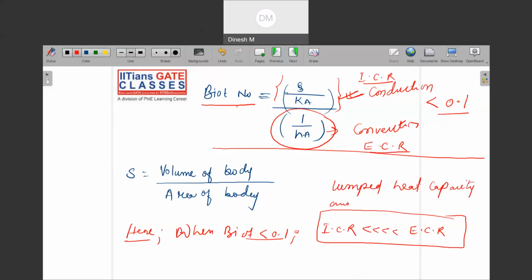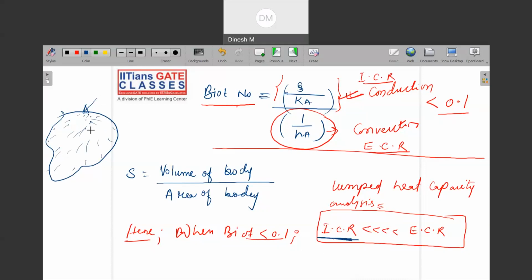And one more important part. What is that? That my conduction resistance is much low. If my body's conduction resistance is very low, then what will happen? Whatever heat will come, let us say at this point, then my body will offer no conduction resistance. That means this heat will get uniformly and very quickly to all the positions. Why? Because your body is not offering any conduction resistance. It is offering, but compared to this one, this is very low.